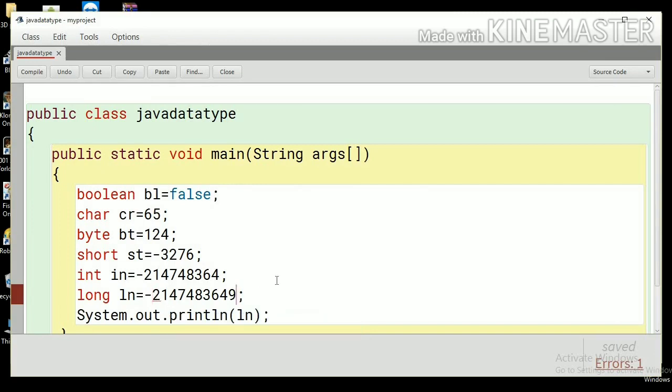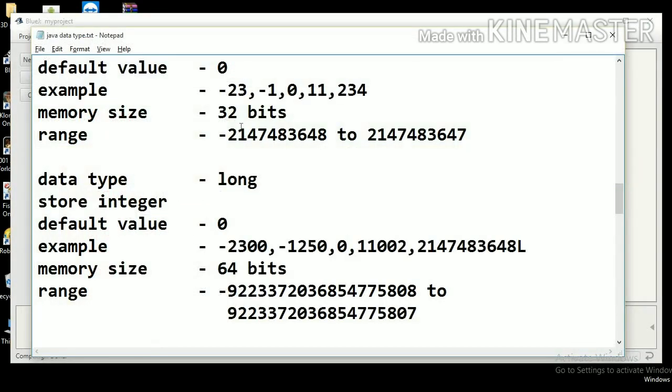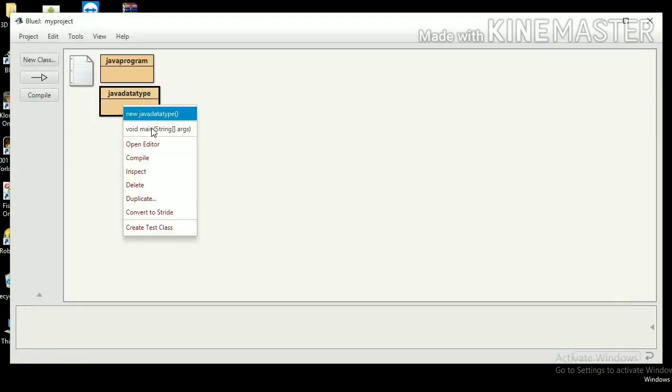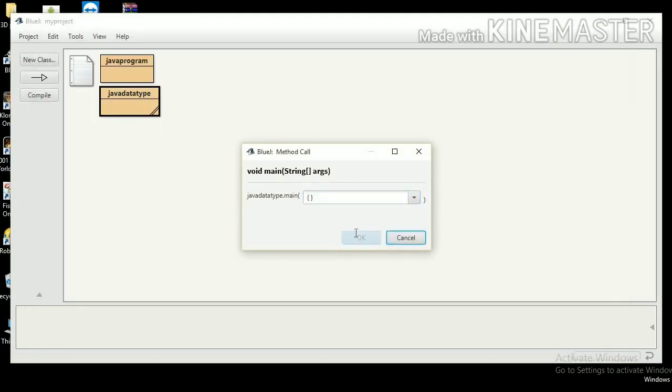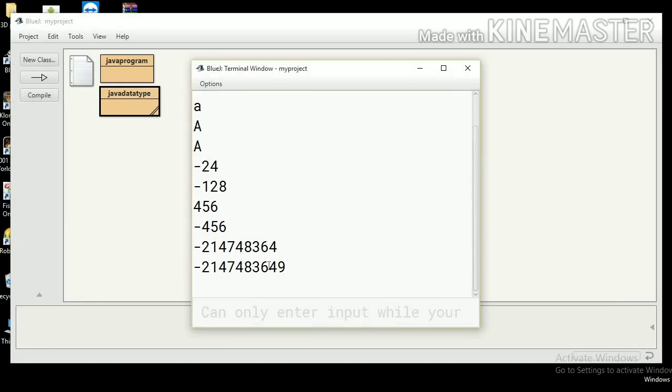So we need to write an L at the end of this to indicate that this is a long data type. So now it's fine just by adding L. Compile, close, and let's see by executing the class. Yes, so we are capable of printing a much larger value.